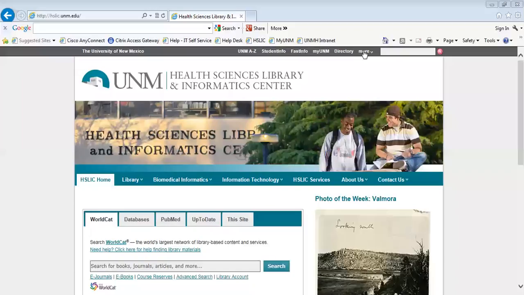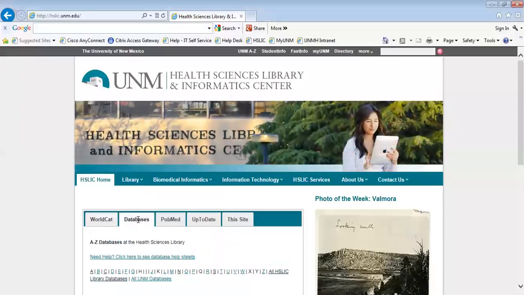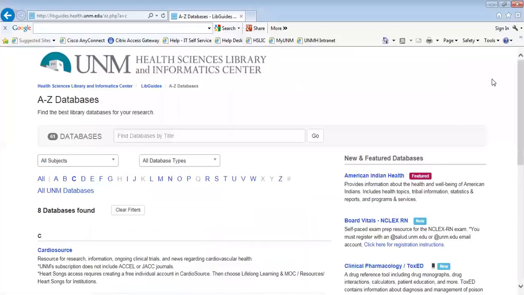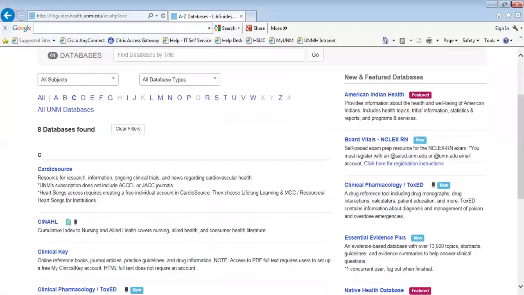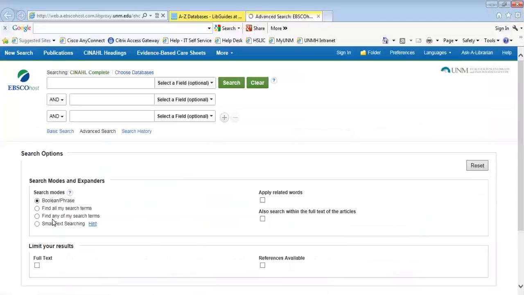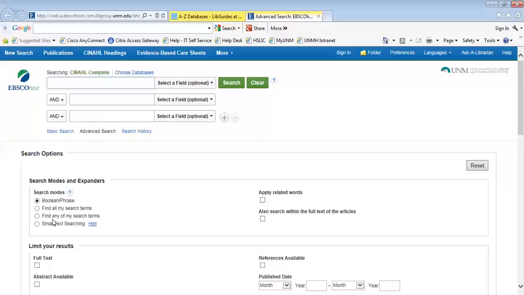Welcome to the next module in searching, which is looking at the CINAHL database. To get to that database, I click on this Databases tab and go to the C for CINAHL. And I need to scroll down a little bit, and here's CINAHL, which stands for the Cumulative Index to Nursing and Allied Health Literature. Now this resource looks a little bit different than PubMed in that it gives you separate